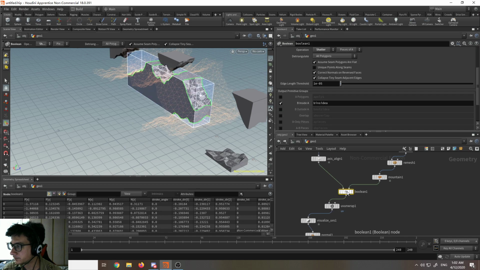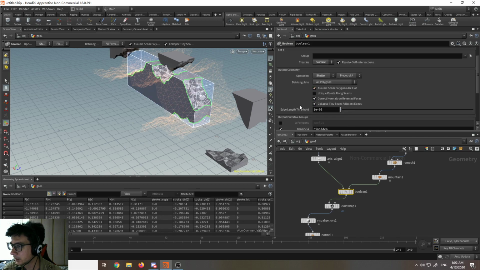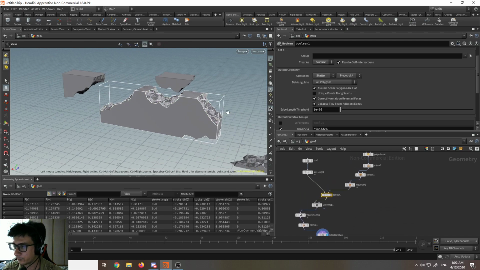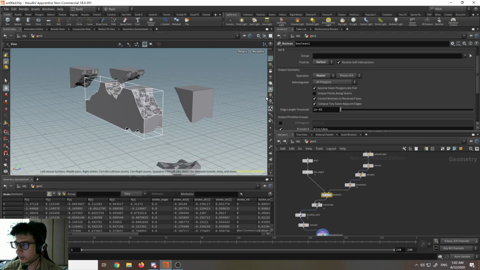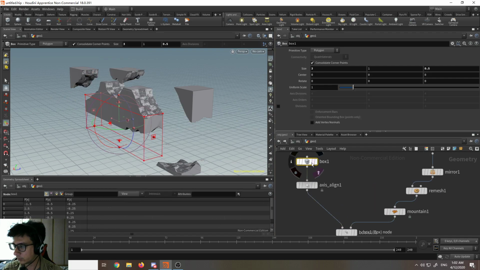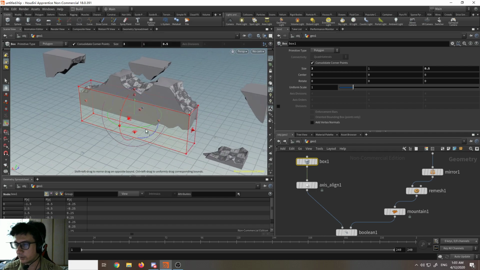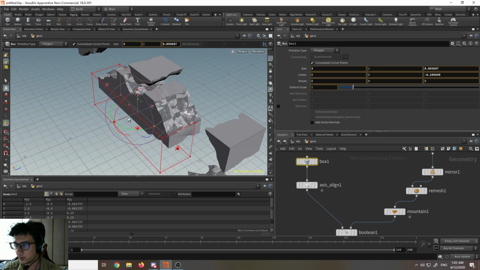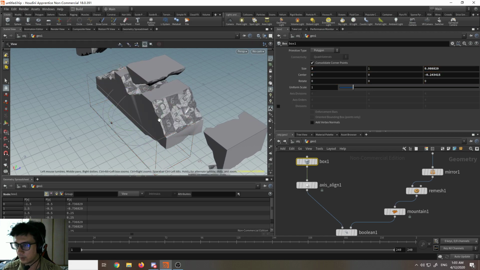So yeah, that's basically it. First, you can change this like whatever you want. If you want to change the type,